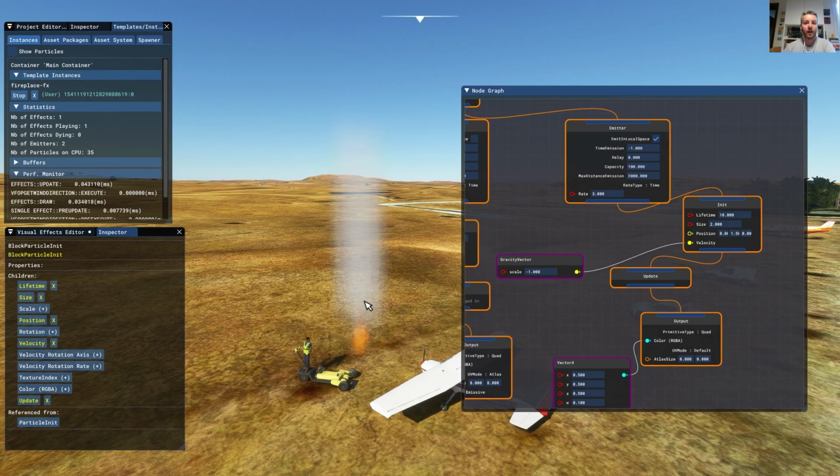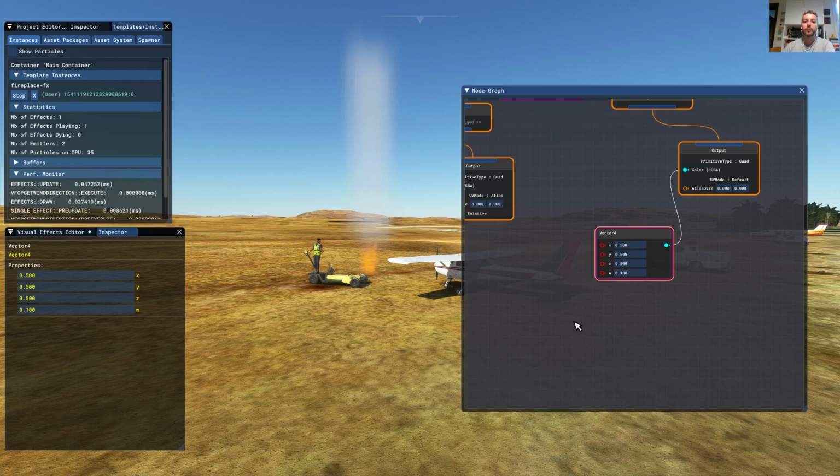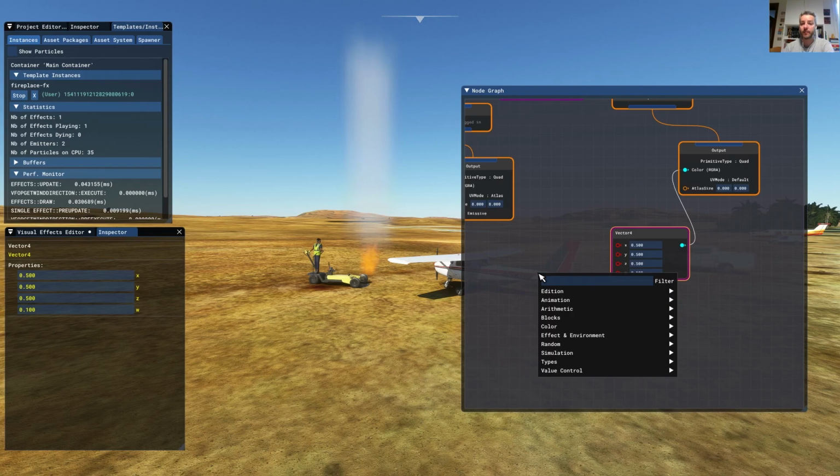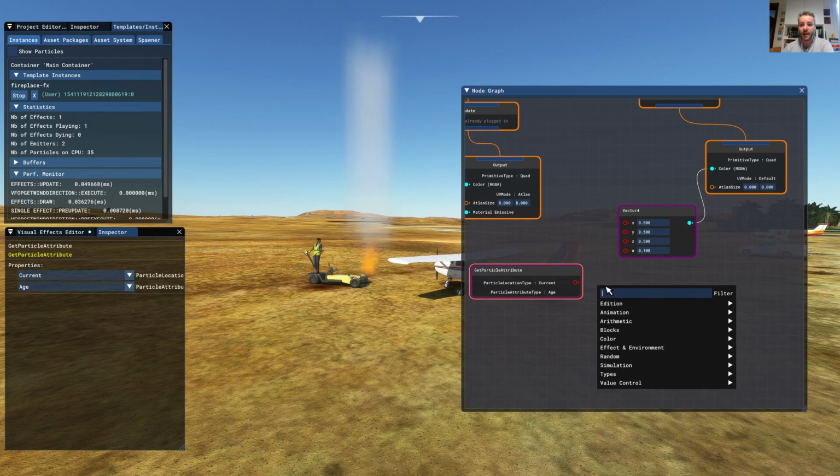Okay, so now the color of the smoke is the same for all the particles, and we want it to start with transparency and then go to gray, to black, and then be transparent again. Of course, we need to play with the output vector and change it over time. To change it over time, we need to add a variable, the getParticle attribute, and we need to add a Bezier curve,